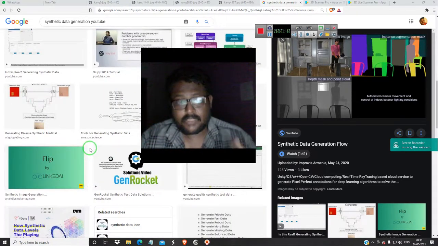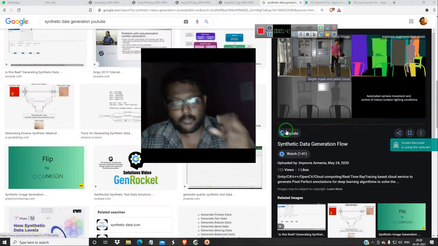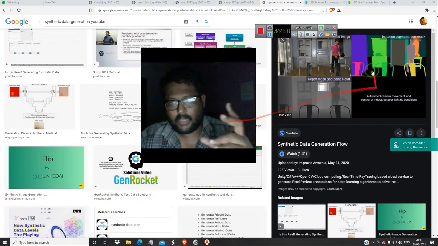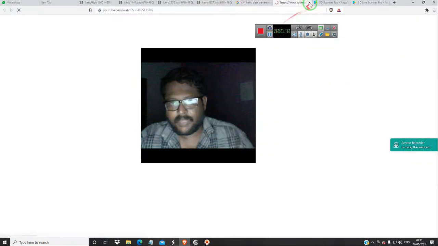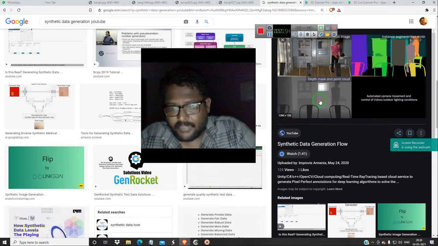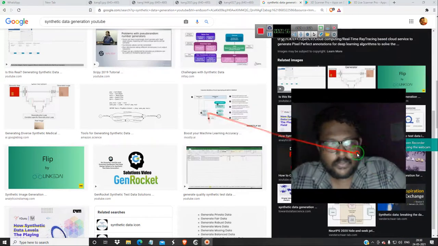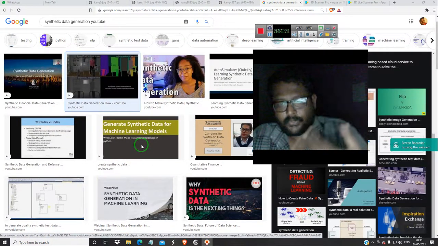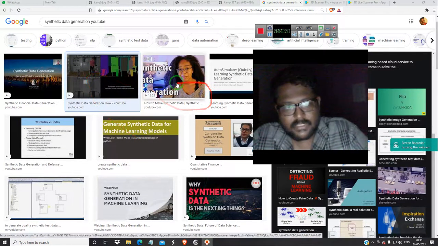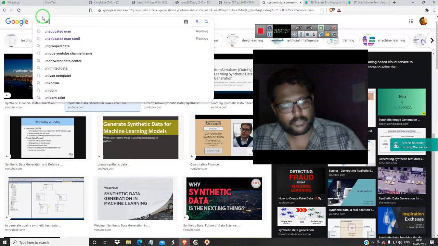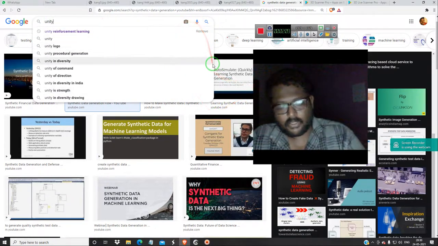Annotation takes a very long time, so you just put a bounding box and lock it onto the object. After locking the bounding box to the object, the segmentation can be done very easily. Sorry for opening YouTube. This can be used for synthetic, artificial data generation for artificial neural networks. You can generate these things using Unity software, and lots of tutorials have already been made.